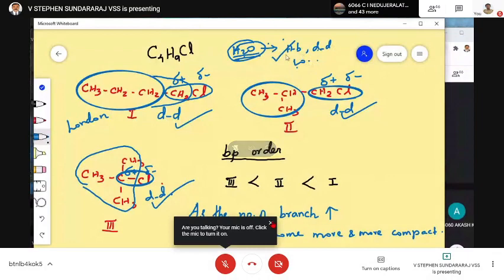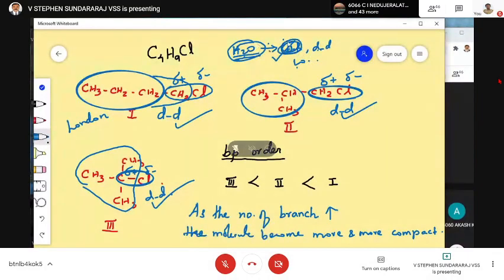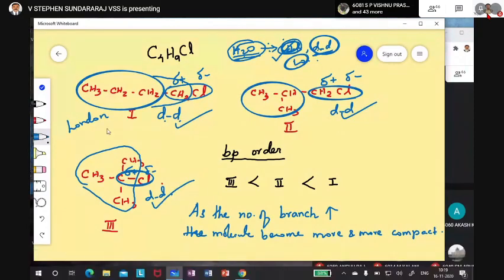If hydrogen bonding cannot answer, if one more substance is also having hydrogen bonding, then next you have to come to dipole. If dipole is also possessed in all the places, then you have to come to London force. That's what I am using here. Dipole everywhere present, that means London force you come. London force is directly proportional to surface area.